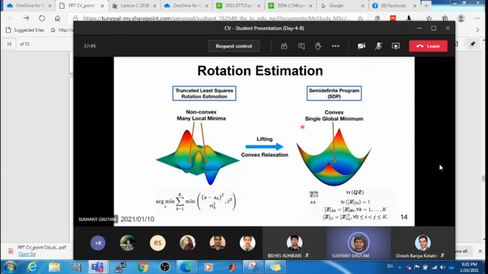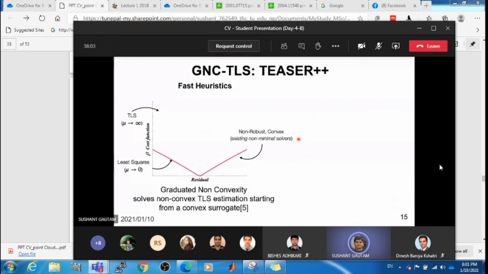So they propose to change the second sub-problem, that is rotation estimation, with another novel approach called GNC TLS, which is basically an iterative method that uses a truncated least squares cost function to achieve pretty robust estimation of rotation in milliseconds. See that? So the first, GNC TLS, is a method to solve for rotation.